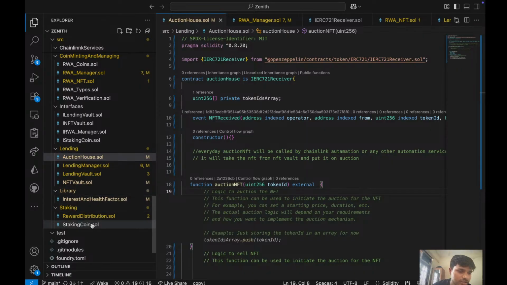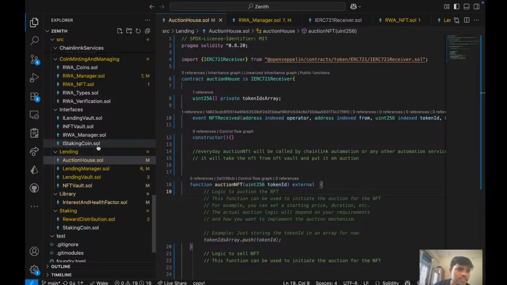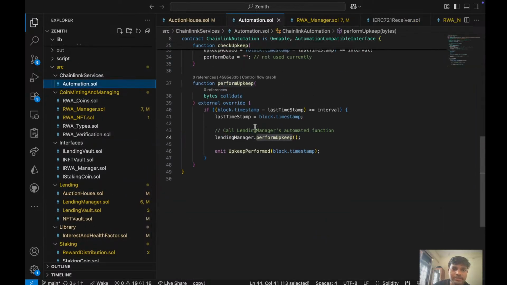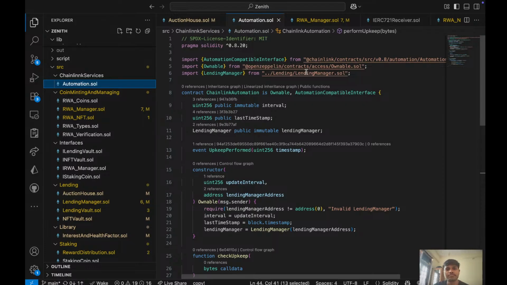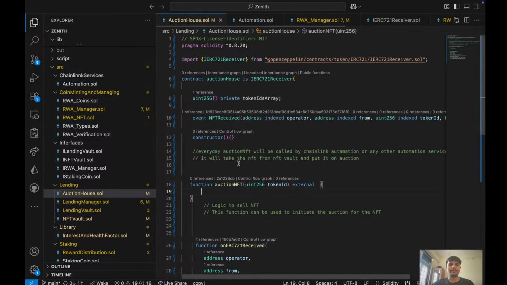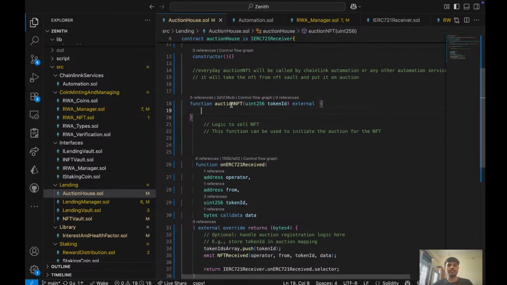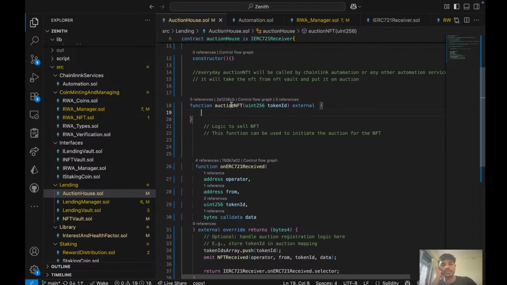Library, staking. Where is auction? Chainlink automation. You can use the interface here, not the full contract. Let's see. If there is an auction, then we can say